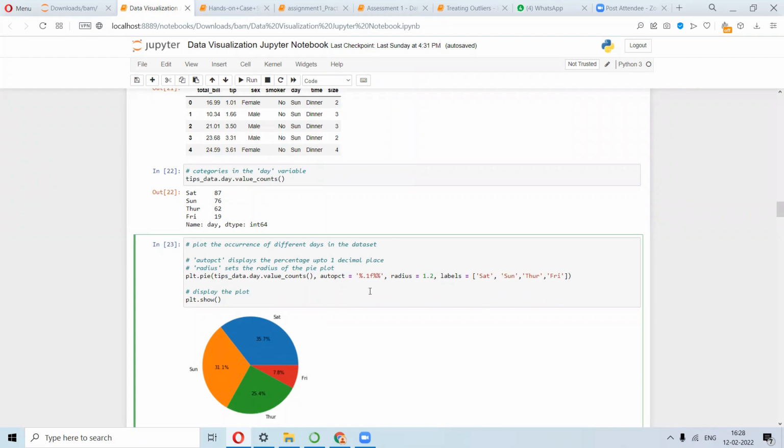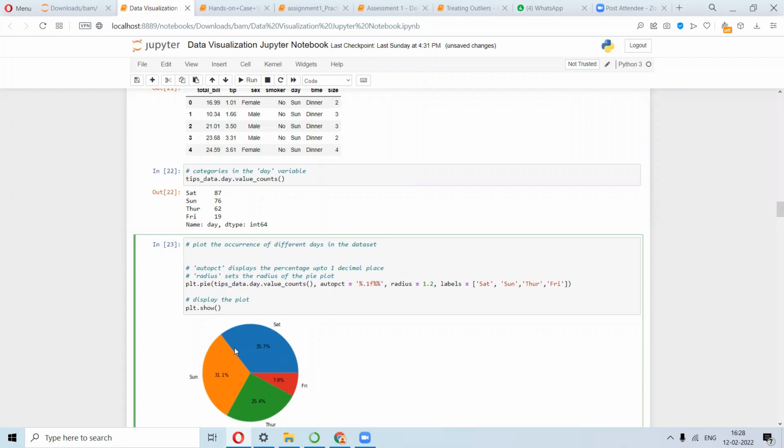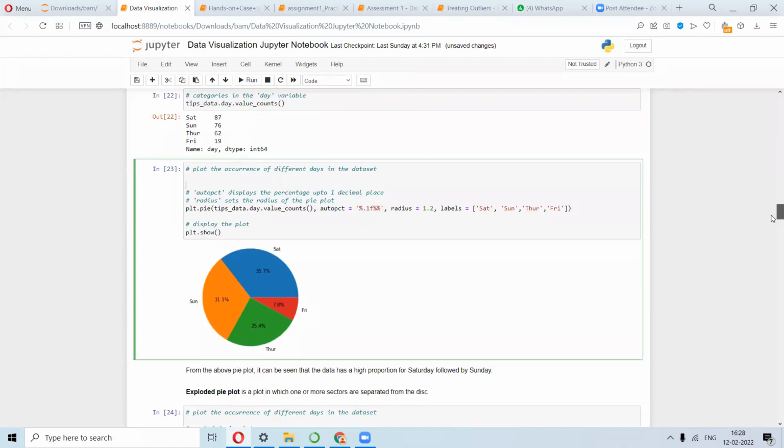If you increase this to 0.3, it will take up to 3 decimal places. The radius is the radius of the circle, and then you have to specify the labels accordingly: Saturday, Sunday, Thursday, and Friday. And then plt.show. So this gives you this sort of a diagram.